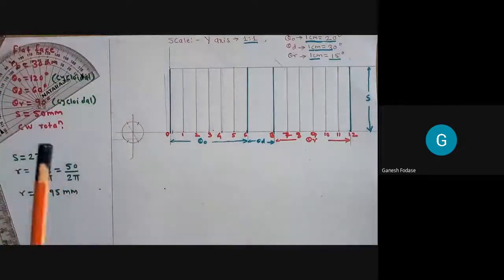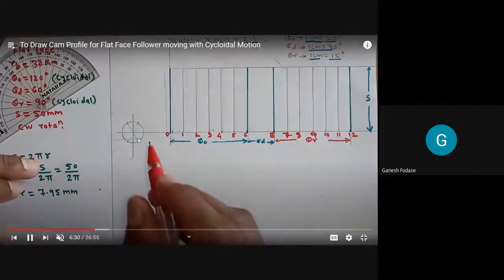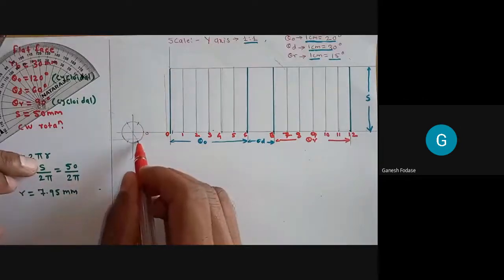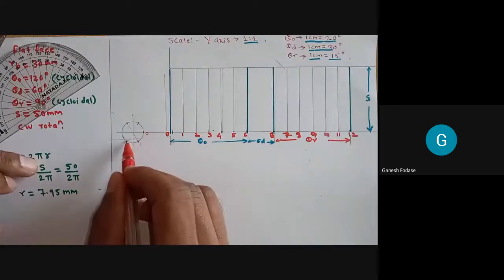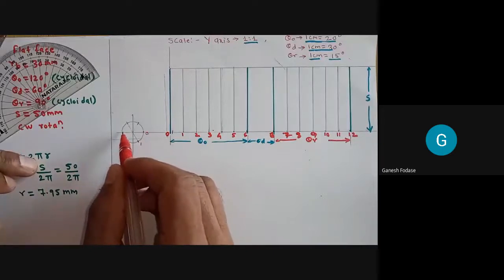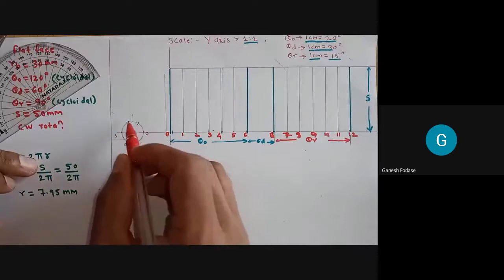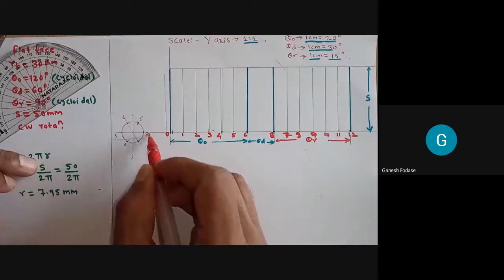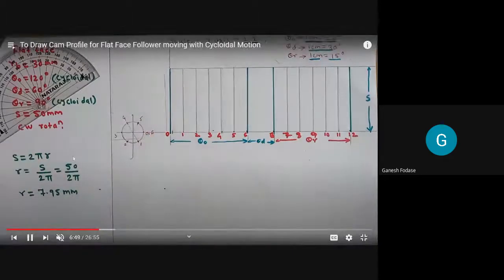Okay. Now give the naming. So the first one is 0, 1, 2, 3, then opposite to 0, 3, 4, 5, and 6 again at the place of 0. Is it clear how we divide this circle?